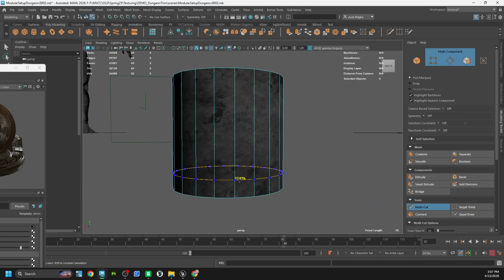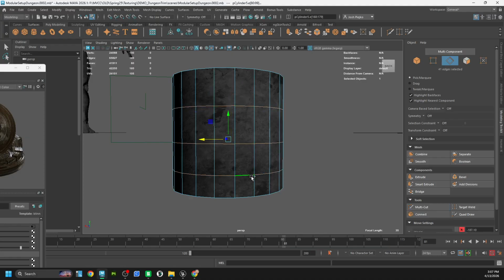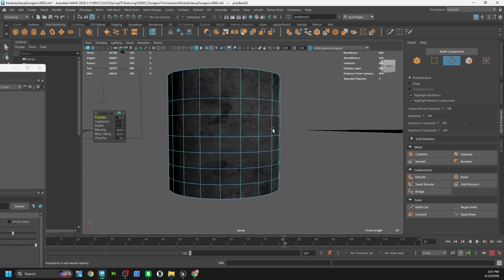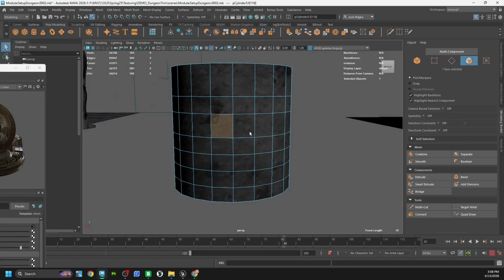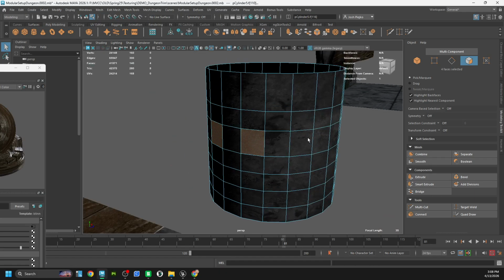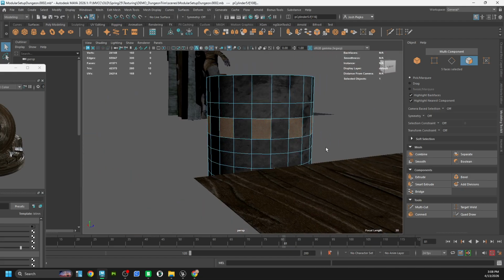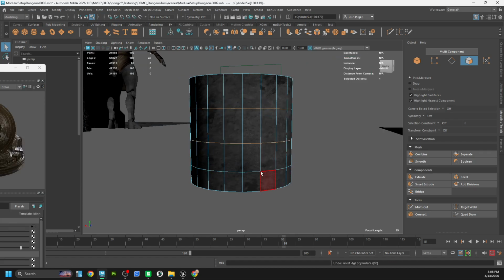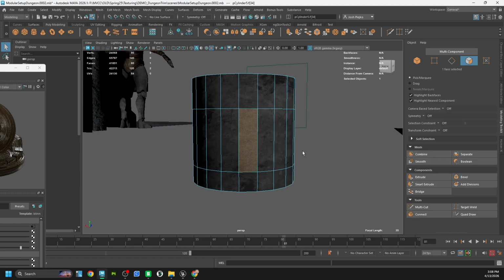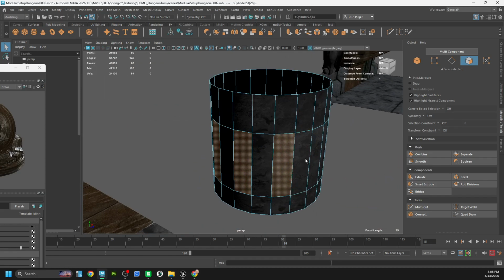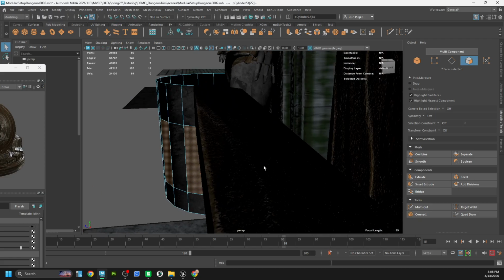So multi-cut. Here. Okay, I know it's made for students. All right, so multi-cut. Maybe we'll add a couple divisions here. And then I'm gonna use double click, bevel. All right, now that's working. Let's go in and get rid of some. Let's go this much. So we're gonna have a division here. I'm gonna get rid of every single one of these other pieces. So we'll go around